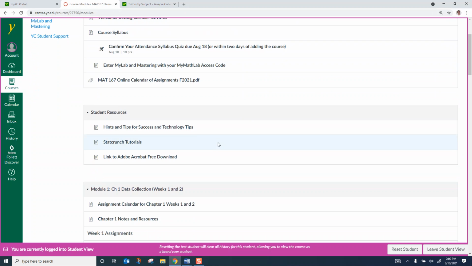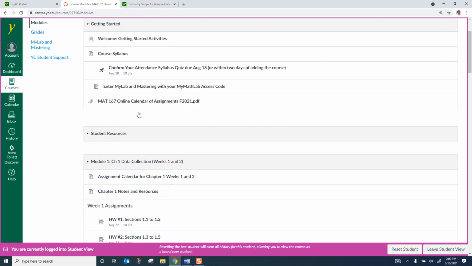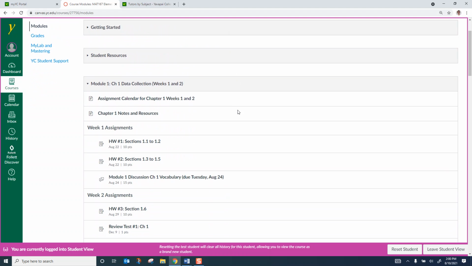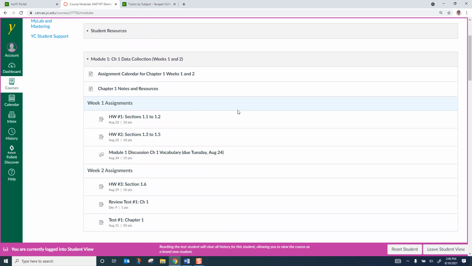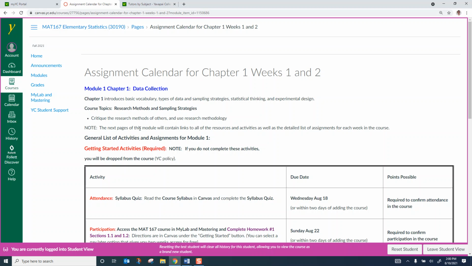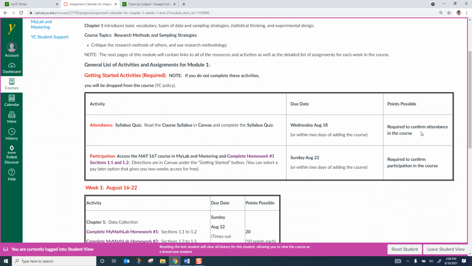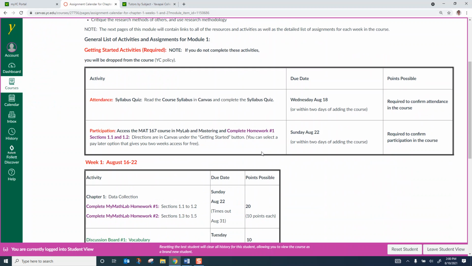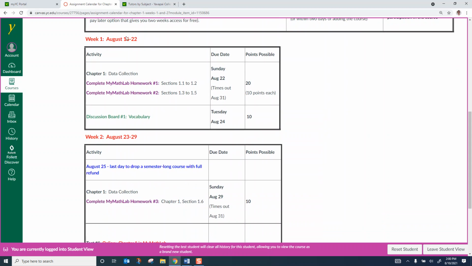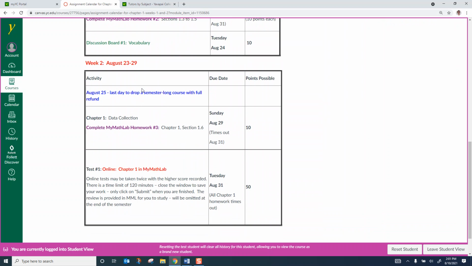So what is in each content module? After you get started and know what your resources are, each module has the weeks. The first item in the module is the assignment calendar. The assignment calendar lets you know what we'll be learning in this module, and what the activities are. So for the first week, we've got some Getting Started activities, and then activities for week 1 are 2 homework assignments in MyMathLab, a discussion board, and then in week 2,